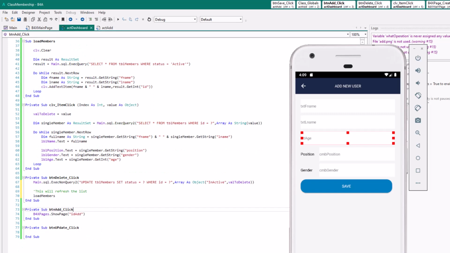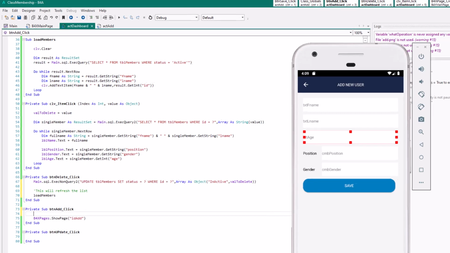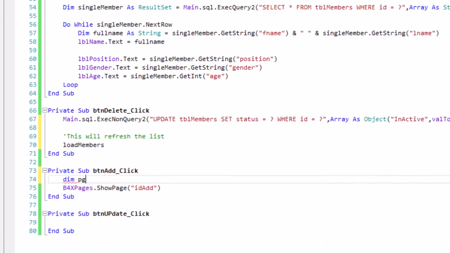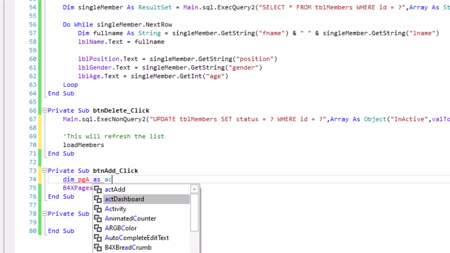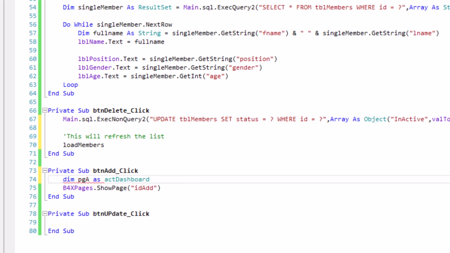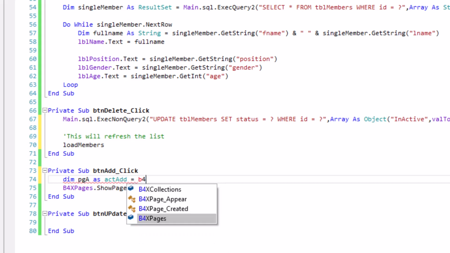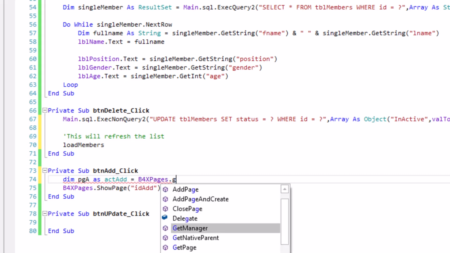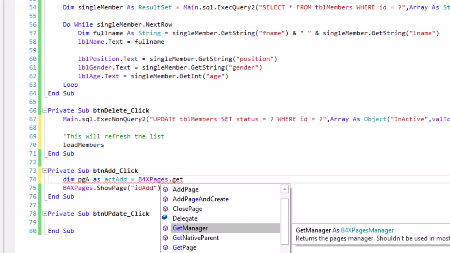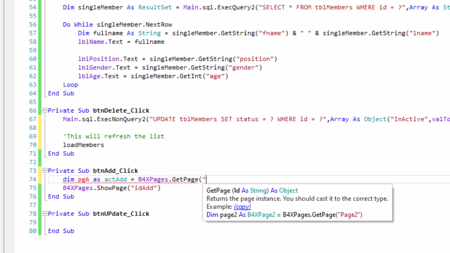We can pass our values to it. So what we can do from here is, for add, we say page add, goes to B4X pages dot get page, which page ID add. Good.